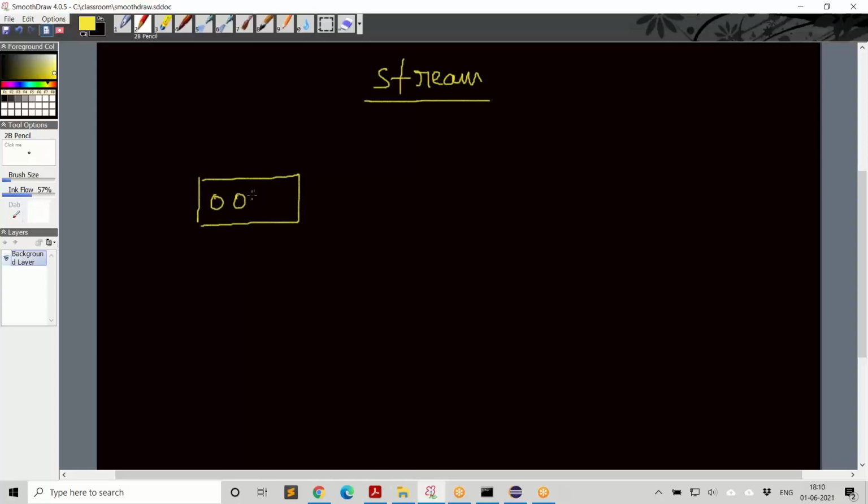So here we are having a set of objects. And very importantly, stream is not storing any data. The data is actually stored in some other object like a list, an array list or an array, or sometimes even in a file, in the file system. So the data is not stored in the stream.